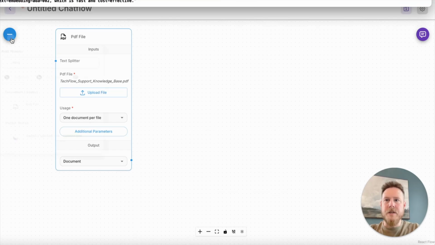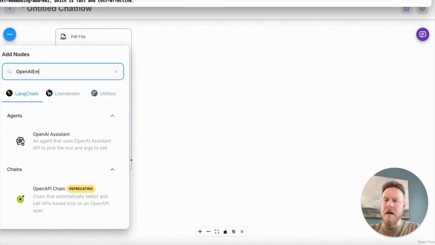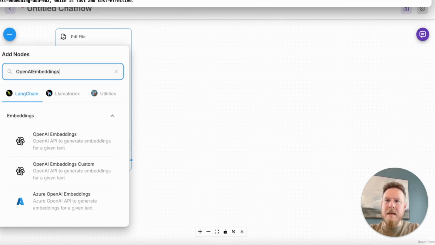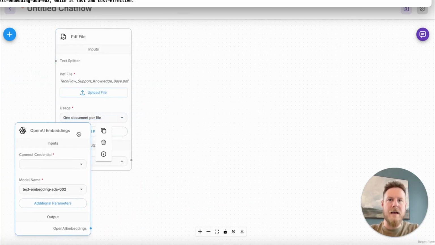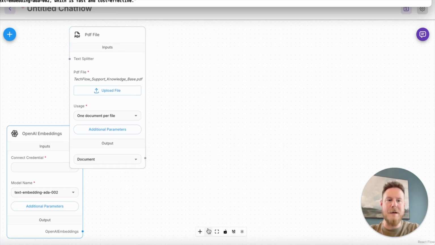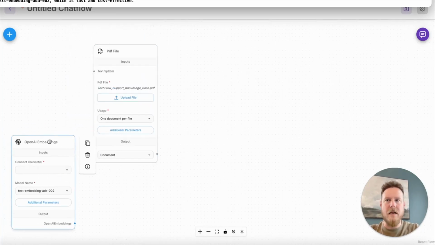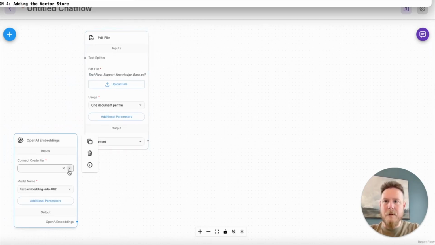Next, we're going to continue on with our next component, and we're going to add embeddings. So we're going to use OpenAI embeddings. Essentially what this is going to do is convert our text chunks into vectors. We talked about that. Vectors are more storage efficient. They're numerical representations that capture the semantic meaning across our text. And so we're going to set that up.